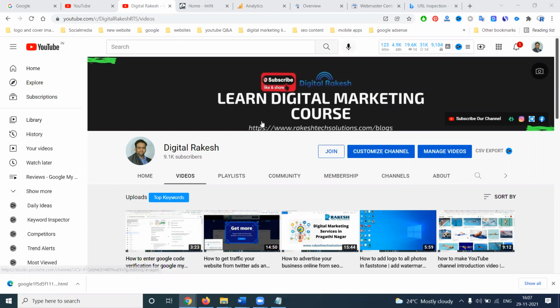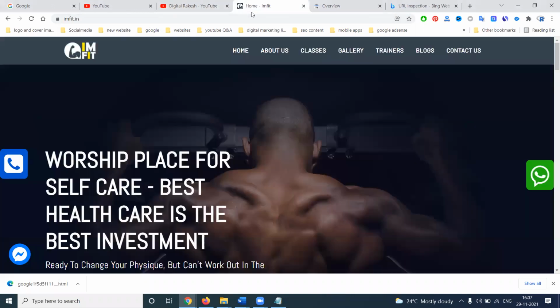This is very important for every webmaster. If you have a new website or an existing website, a major thing to check is whether all your website pages are indexed or not. How do we know about this? So this is iamfit.in, my website. How can I check this in the Search Console option?